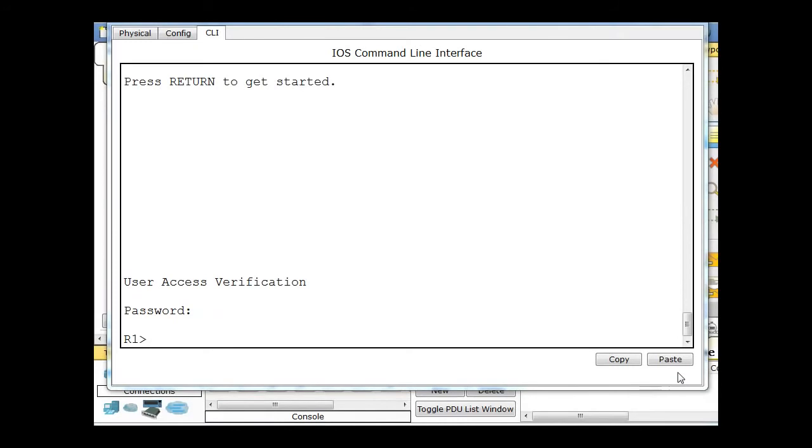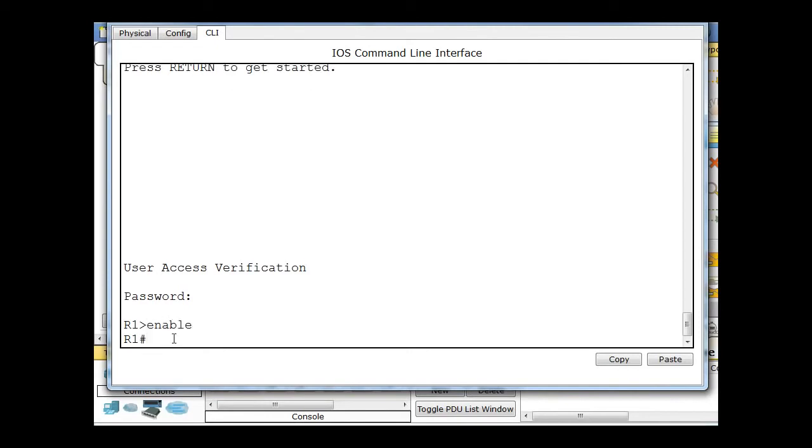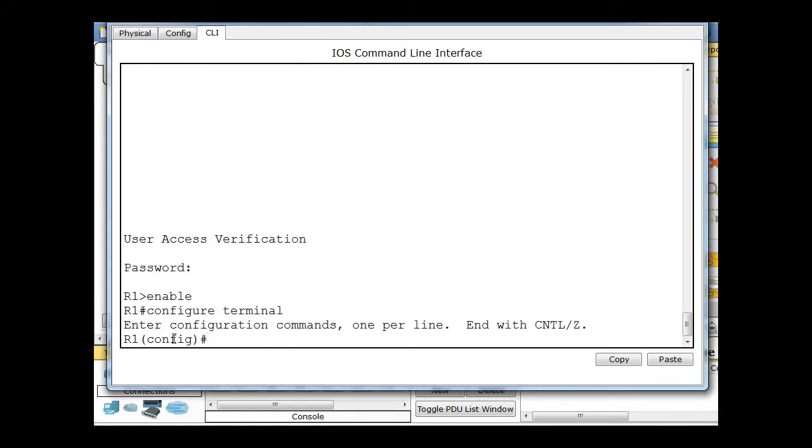Let's configure the VTY line for Telnet login or SSH login for the Cisco router this time. Okay, so I will type enable, and I'm into privileged exec mode, and now I'm going to need to go into global config mode, so configure terminal. Now I'm in global configuration mode, and once again we're going to need to go into a line configuration